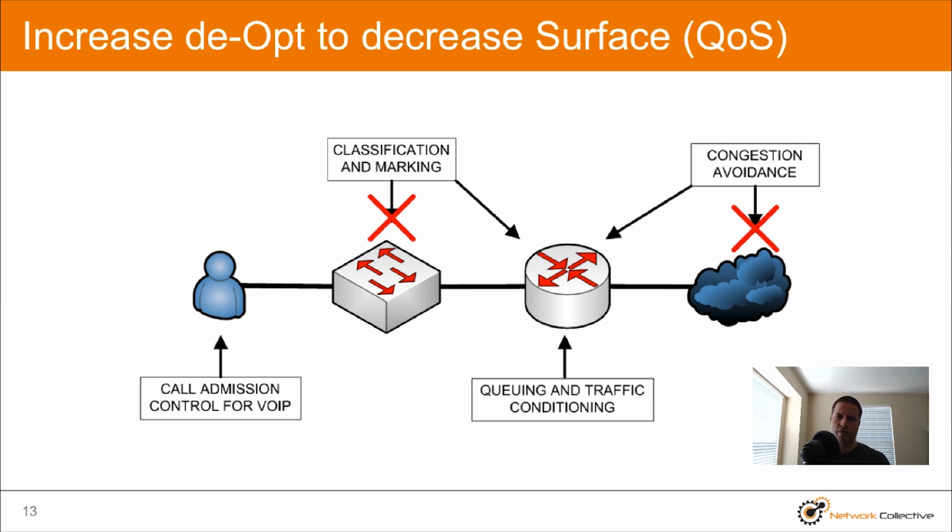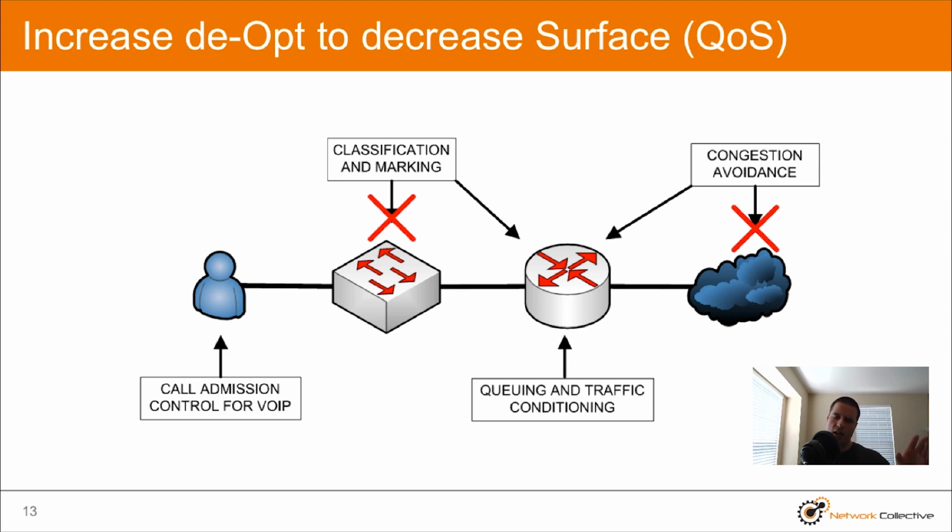Now, we haven't talked about surface yet, but you can think about lots of dependencies now, because the router depends on the switch to mark the traffic properly. The cloud depends on the router to do the queuing properly so it can drop traffic in accordance with what the congestion profile looks like. Now, if this seems a little artificial, it is a little bit strange because a lot of times you tend to put multiple QoS features on the same device. But this is a specific example of a very common design where people don't want that big surface interaction of spreading technology across multiple devices. So we may just consolidate all of it on the router.